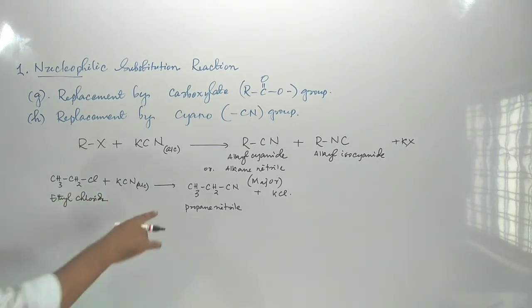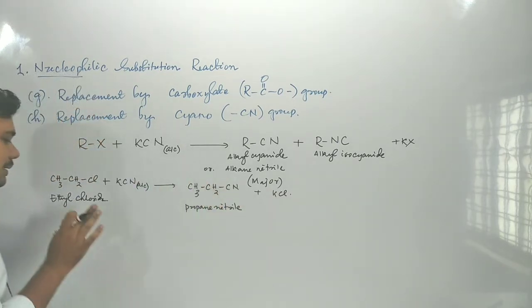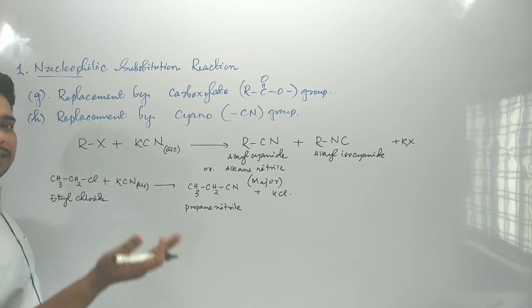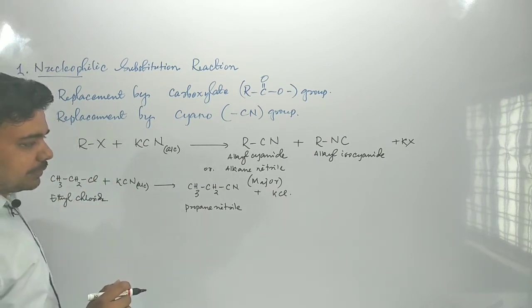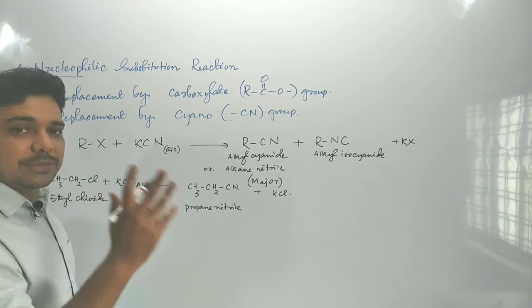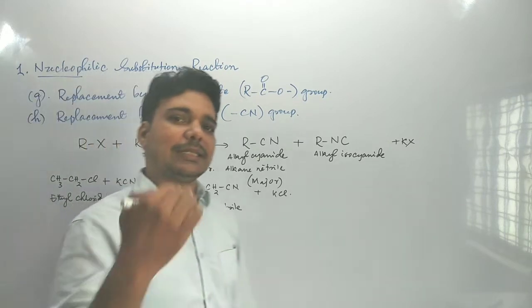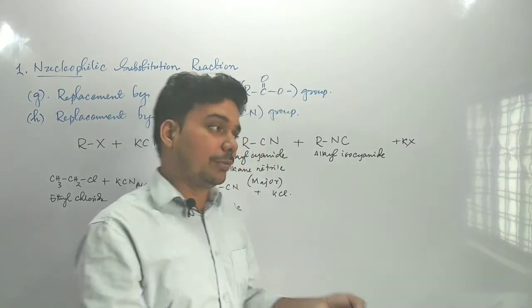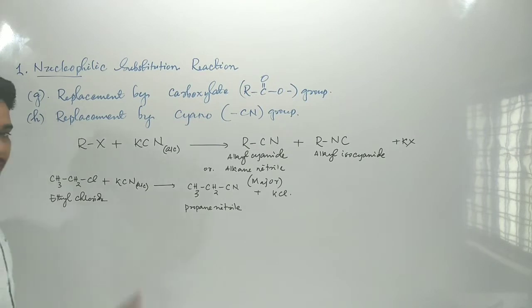Ethyl chloride. Look, students. This product contains 3 carbon atoms, whereas in the substrate molecule 2 carbons were there. So as a result of this reaction, we can increase the number of carbon atoms by 1. We get a product which contains 3 carbon atoms. So this reaction may be used in the ascending of series. If we need to increase the number of carbon atoms, then we can think about this reaction. Here we can increase the number of carbon atoms by 1.